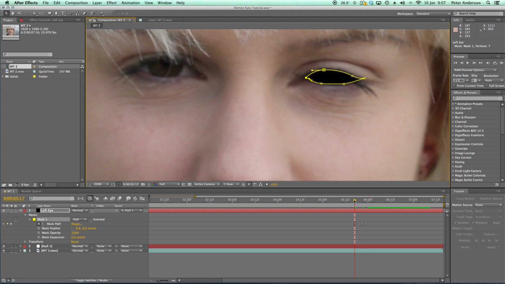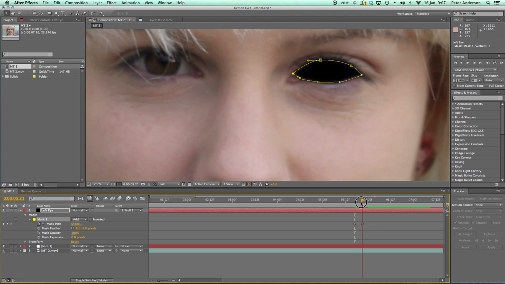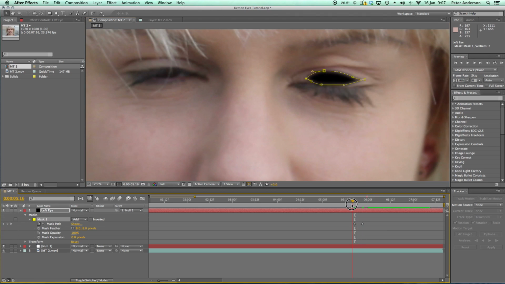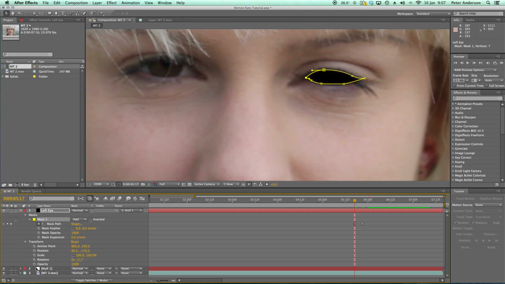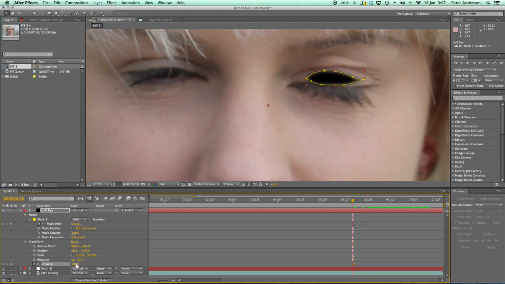Okay, something like that. And if we move forward, you can see that that animates with the eye opening. Okay, we'll go back again to where it's closed. Actually, we'll go to that point there, and we want to go down transform and opacity, and left click on the stopwatch, and then move back one frame and take the opacity down to 0 so that we no longer see it. So if I play that now,